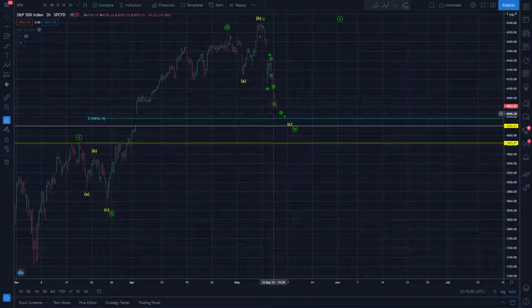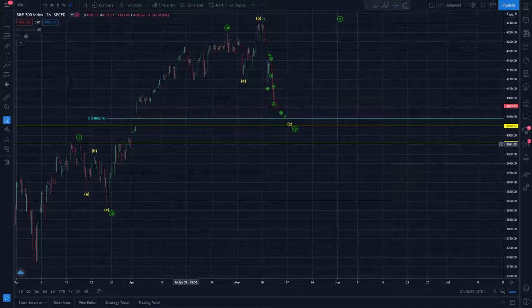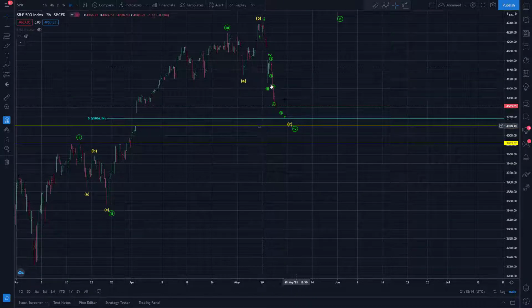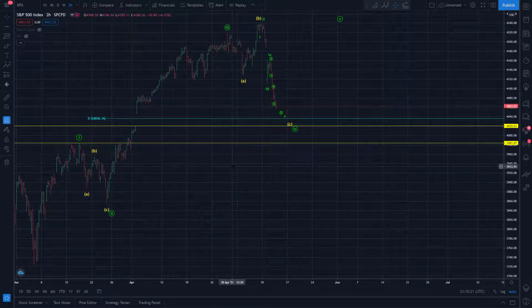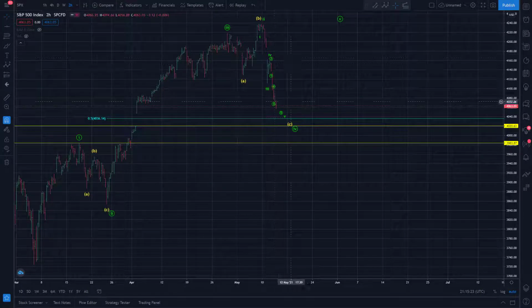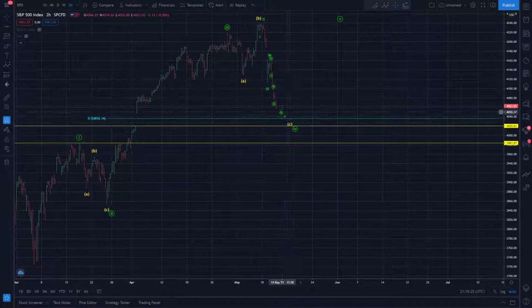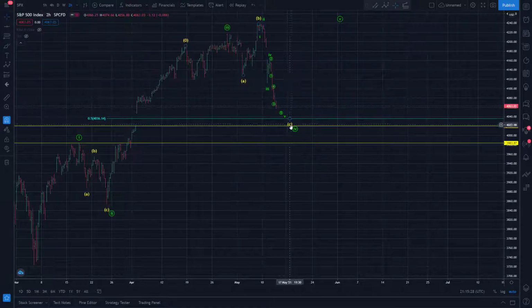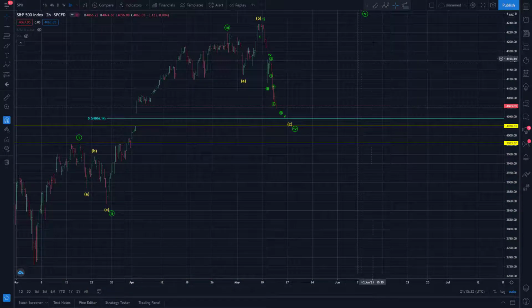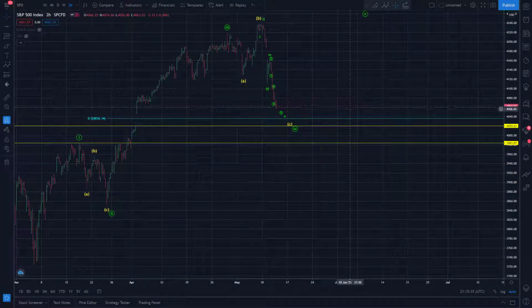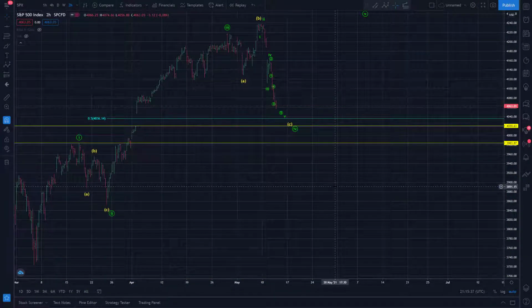I think it's quite possible tomorrow we will see our flush down and potentially make our bottom. So either tomorrow into Friday, I'm expecting some sort of low to form here. And then as long as that occurs above that key level, that 4-1 overlap level, obviously we're going to view this as a very important level, a pivot potentially, and be working a potential move up to new highs in wave 5. So stay on your toes, buckle up for tomorrow and Friday.